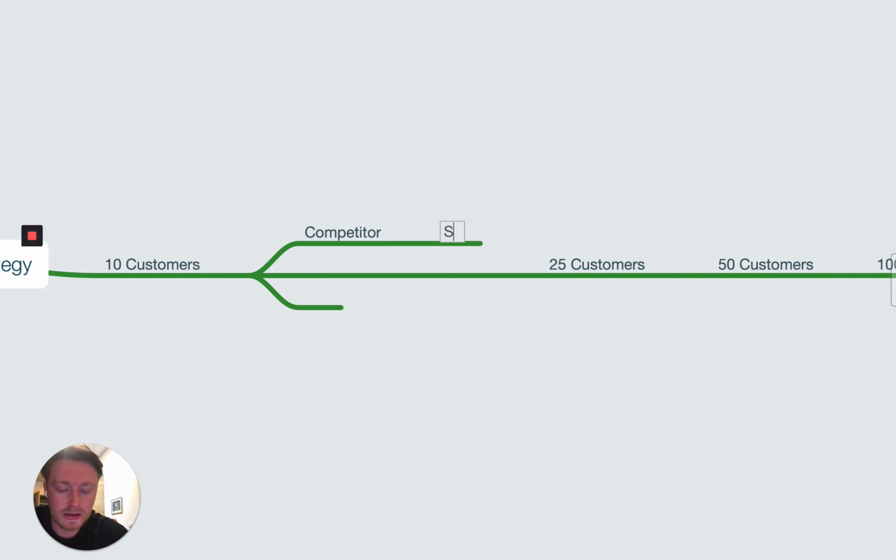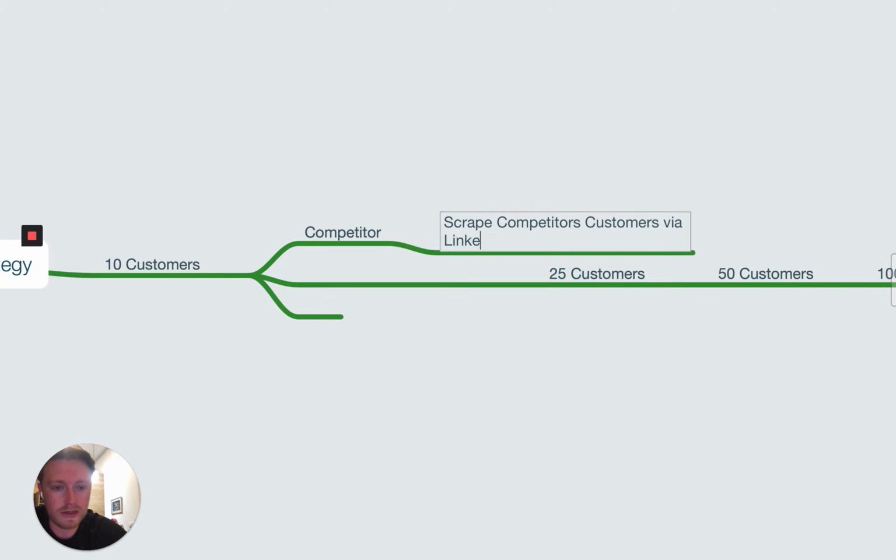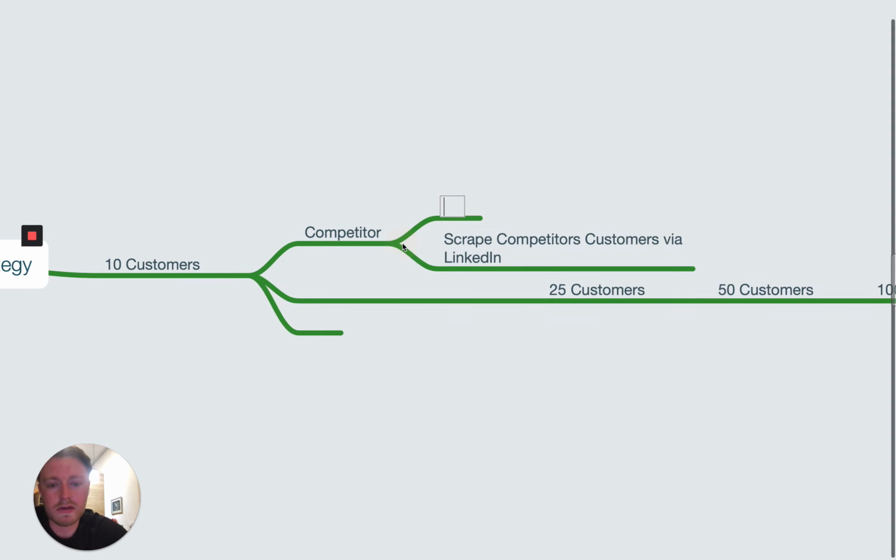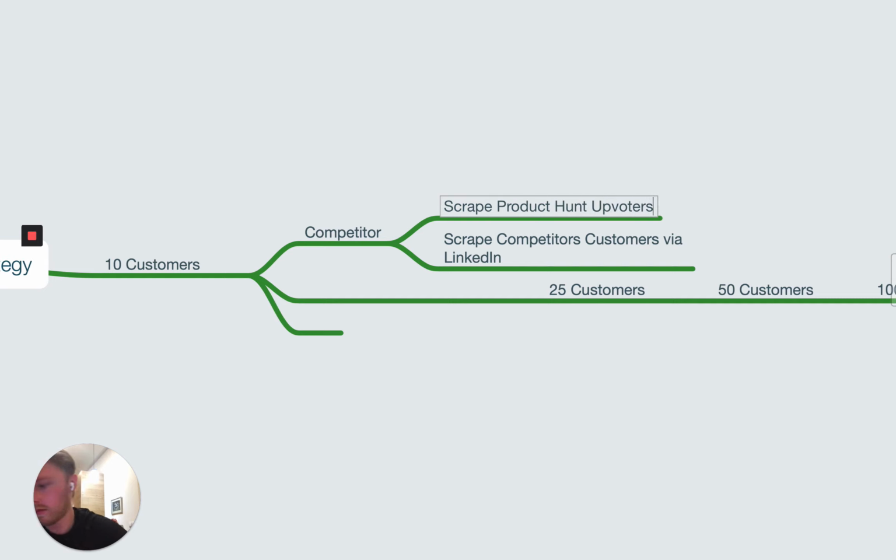So we can scrape competitors via LinkedIn. We can scrape their customers on products. We'll scrape Product Hunt upvoters. So that's a really good little hack.